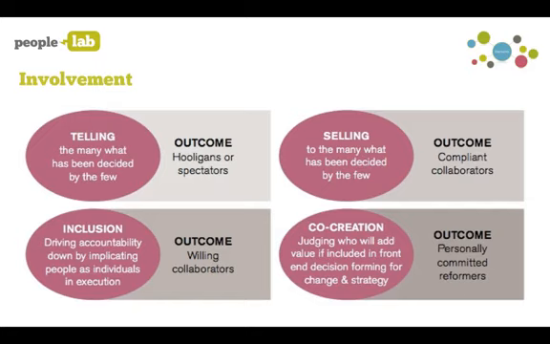In terms of how you go about creating involvement, I've got a model here from John Smythe at Engage for Change. I really like this model because he breaks down these different approaches and talks about ways that you can involve people. He talks about telling as a strategy, which obviously isn't very engaging at all: telling the many what's been decided by the few. You might want to use a telling approach, for example, if there is a fire alarm going off. You don't want to co-create a solution. You want to tell people to get the hell out of the building.